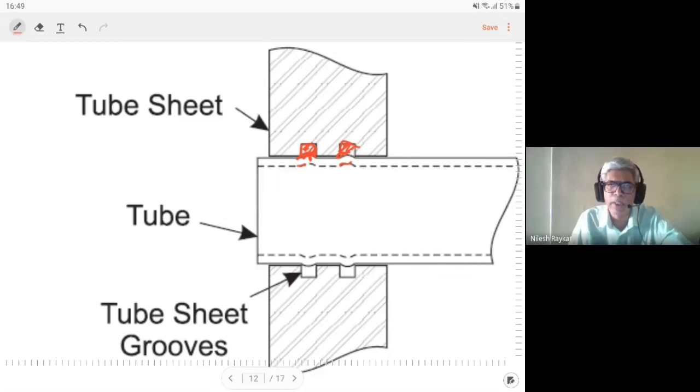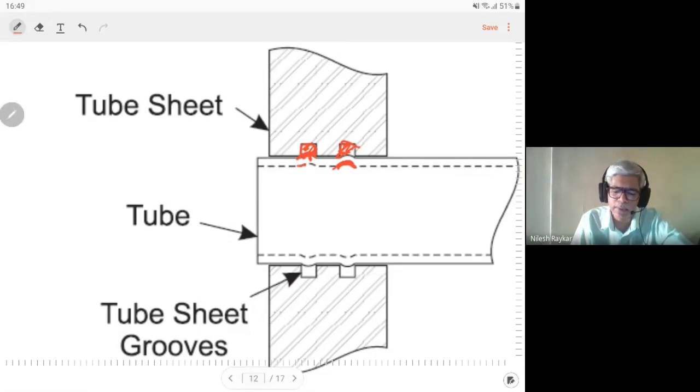Of course, it has a limitation in terms of strength. For high pressures, this particular joint cannot withstand the load. Also, during mechanical expansion, there are chances that you may exert excessive load and some cracks may form, which may lead to leakage later in service. After a few years, or maybe immediately, the failure will start. So in order to have controlled expansion, you use what is known as the hydraulically expanded tube to tube sheet joint.